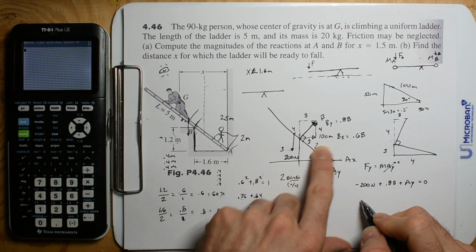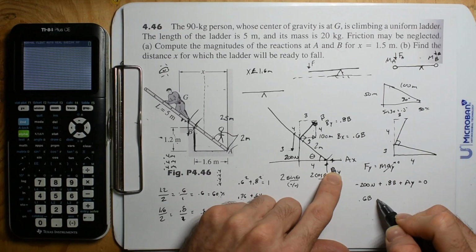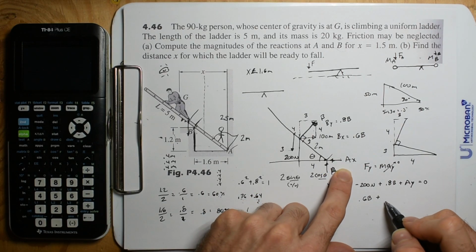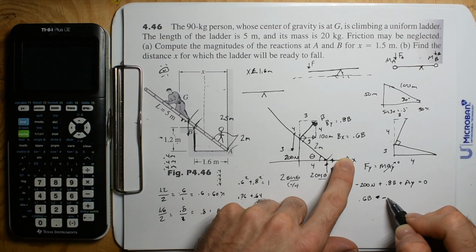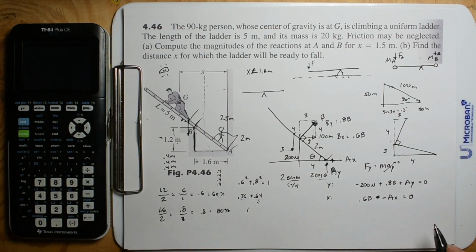We're going to have, and this one's going to be fairly simple, we just have this 0.6b plus, well, I guess it doesn't give us anything. And then I'm going to say minus AX is 0. Okay, so